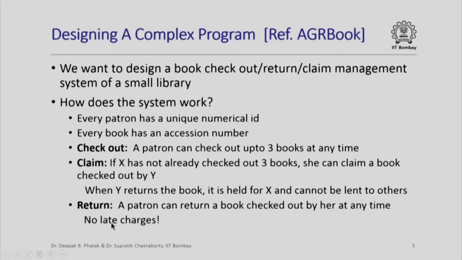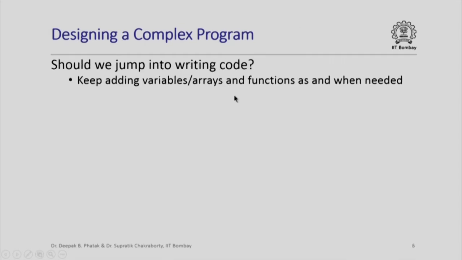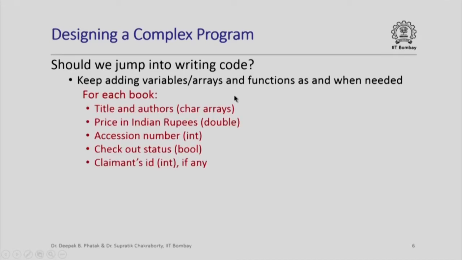And let us say that this is a fairly benevolent small library. There are no late charges for returning books late. So how are we going to implement the information management system for keeping track of checkouts, claims and returns for this small library? Should we jump into writing code straight away and then keep adding variables or arrays and functions as and when needed? Well, if we try to do that, the first thing that we'll have to realize is